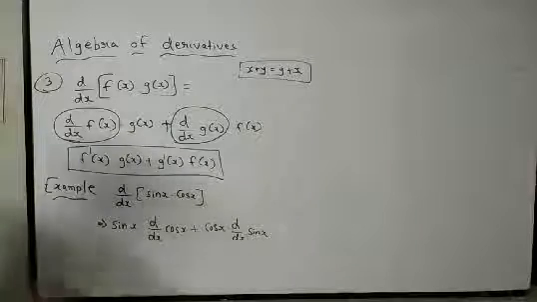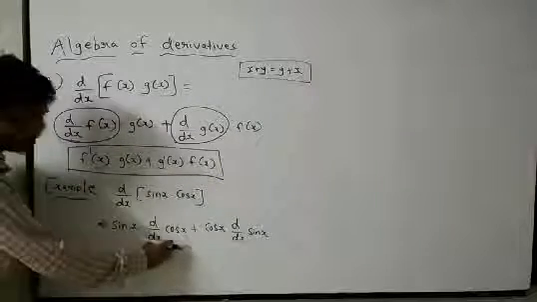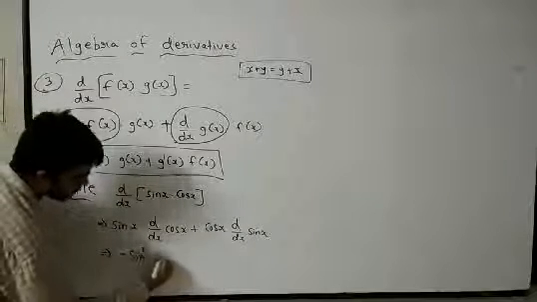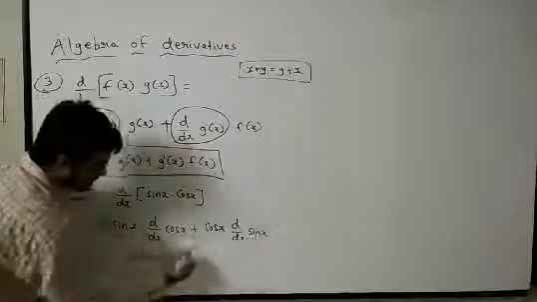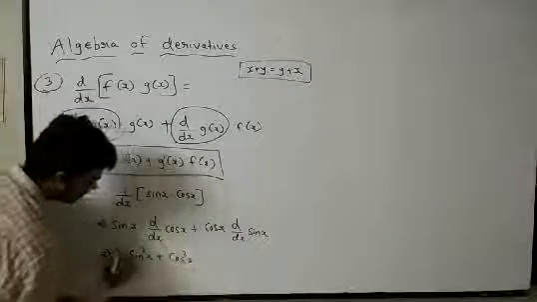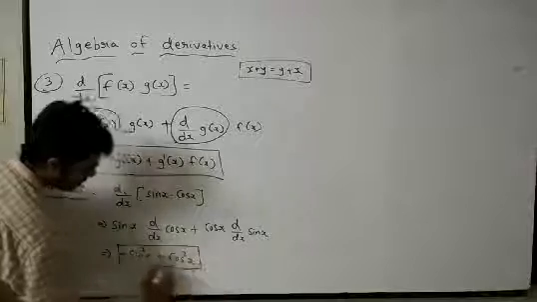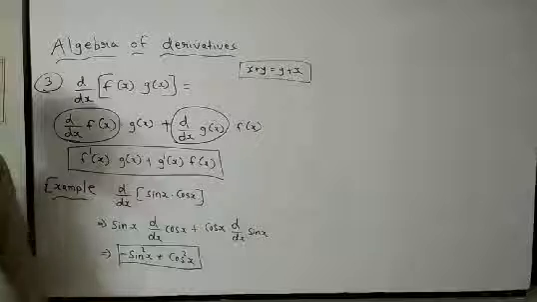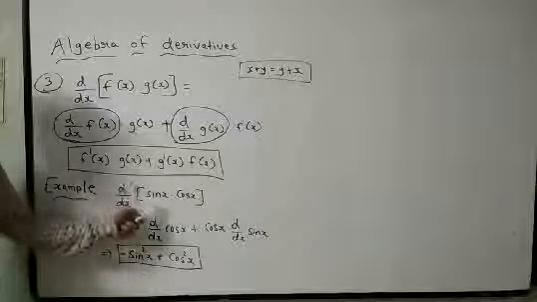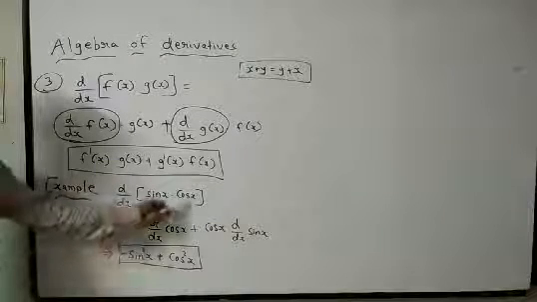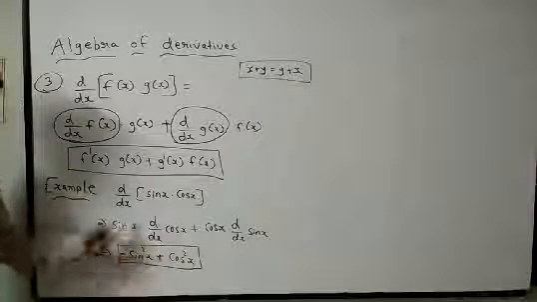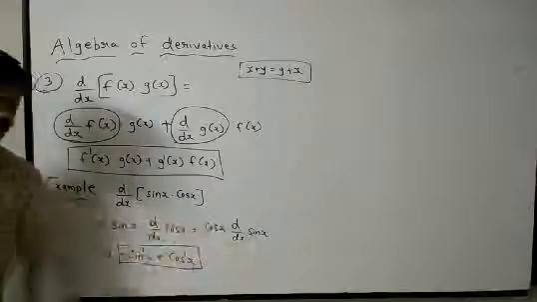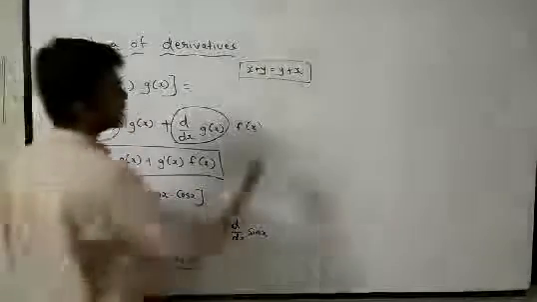Clear? Now d by dx of cos x, you know that it is minus sin x, so sin x into minus sin x is minus sin square x. D by dx of sin x is cos x, so cos x into cos x is cos square x. So minus sin square x plus cos square x is your answer. Sin x as it is, cos x derivative is minus sin, plus cos x as it is, derivative of sin is cos. So you must know that derivative of